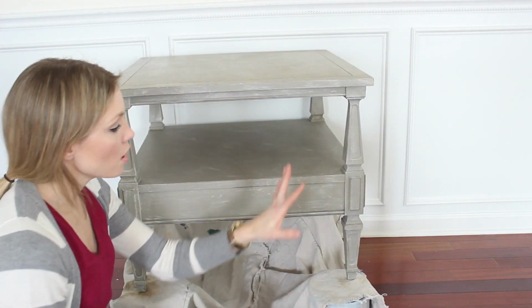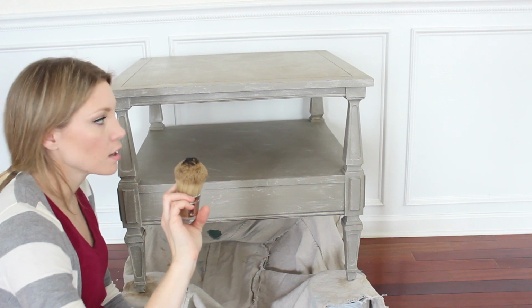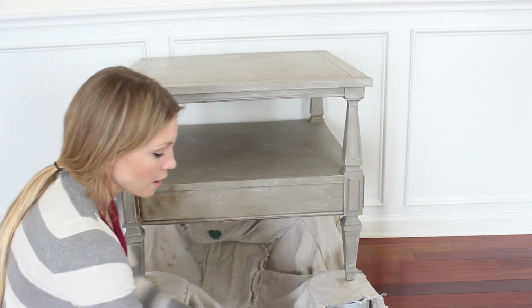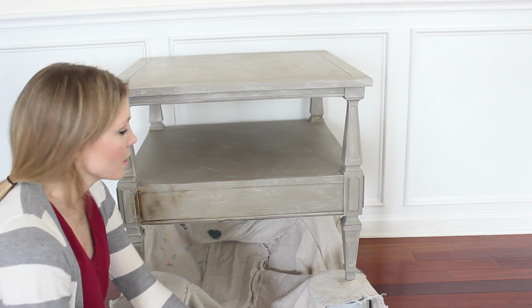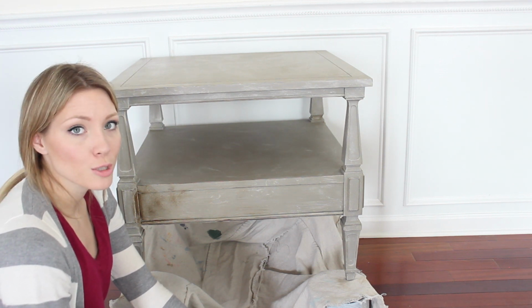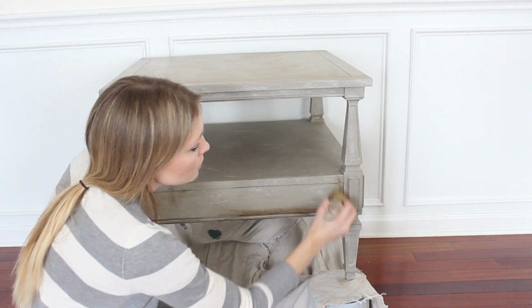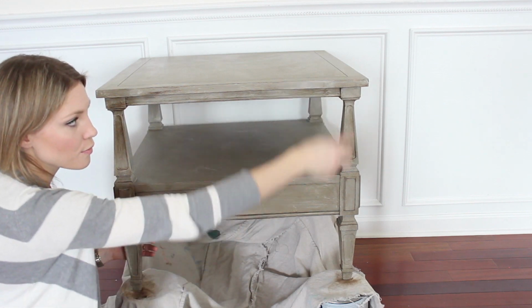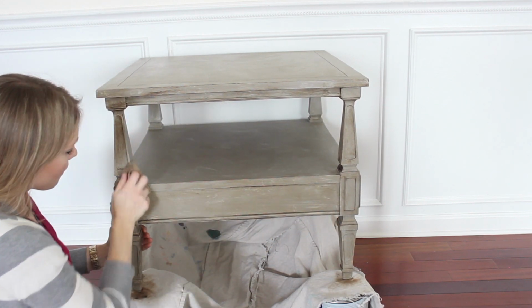Okay, once I have it all clear waxed and wiped completely off, I'm going to get a little bit of dark wax. Now I'm going to demonstrate also how not to do dark wax, because I think this is where a lot of people run into problems. They let it dry too long. So I'm going to put it on. Okay, so as you can see, after I've waxed this entire thing,